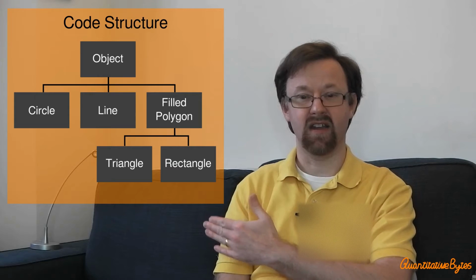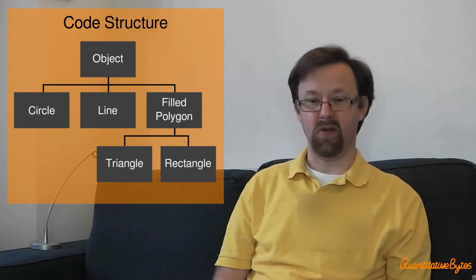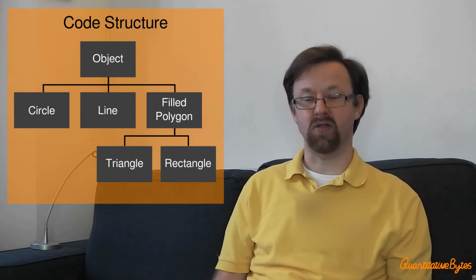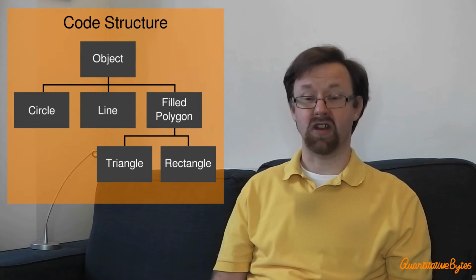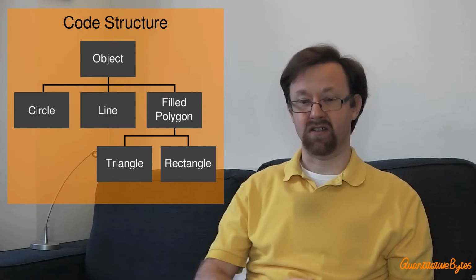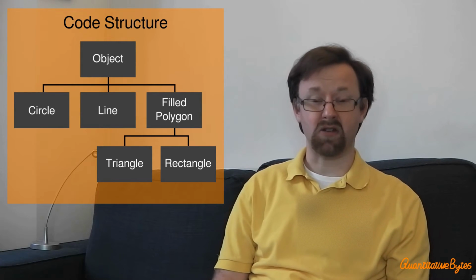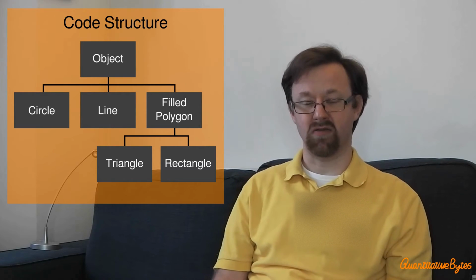However, before we really dive into this week's episode, I just want to quickly recap on what we were doing. If you see the diagram here to my right, then this is the class structure diagram that we're working to. So what I've done is I've created a base class called object, and then from that, all of our different classes representing our different shapes inherit from that. So we have a class for circle, and what we're going to talk about today will be the class for filled polygon, and then we have the classes for other special case shapes that we might want to do. So that's the basic structure of what we're working to.